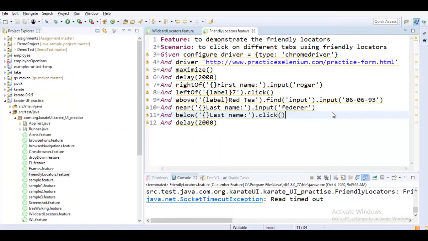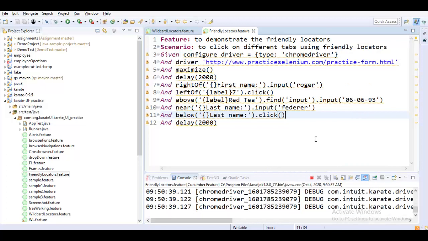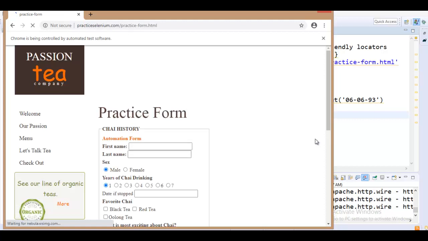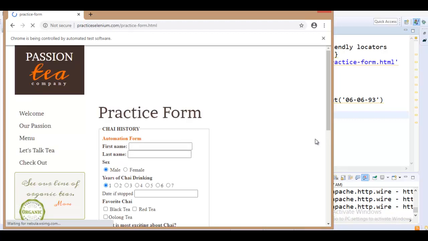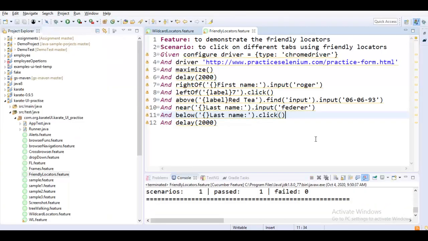So let me rerun again. Just one time if it works, we can end up having this by looking at all the examples. So you can also see that the years have been clicked as 2 because we have been asked to click the below element which is present on the last name.